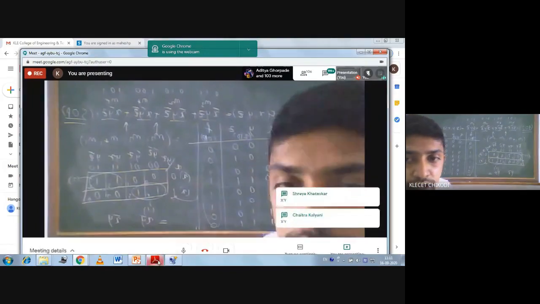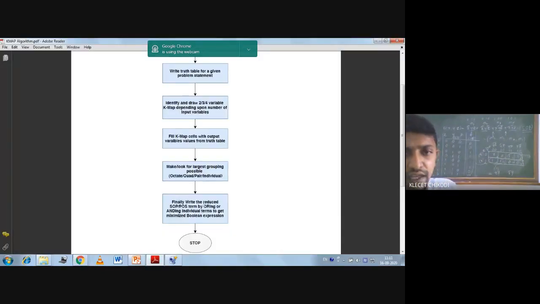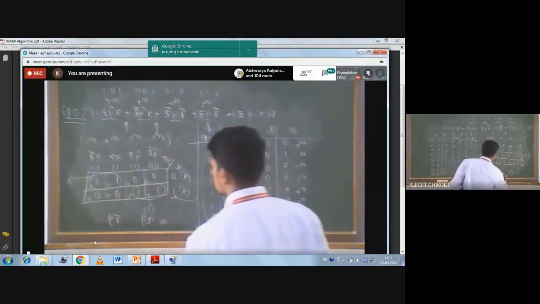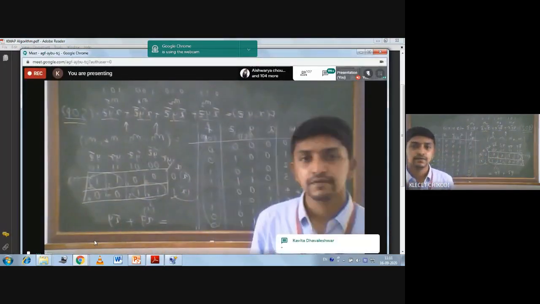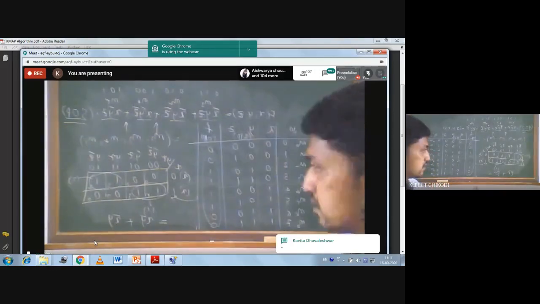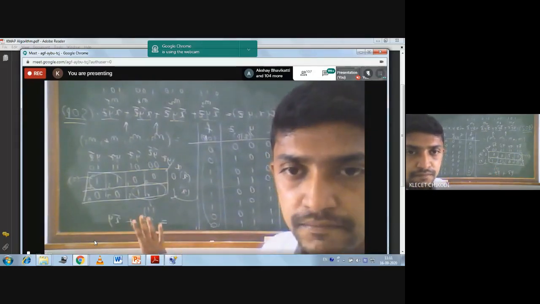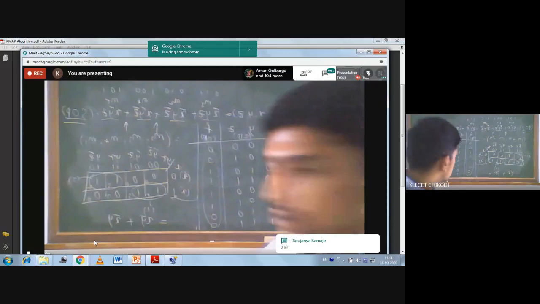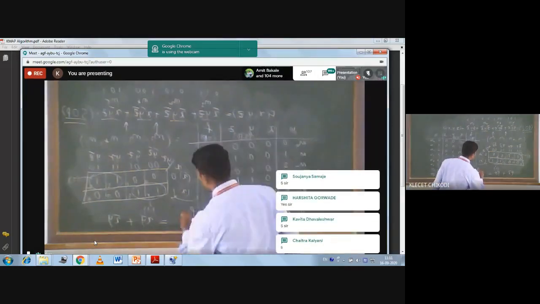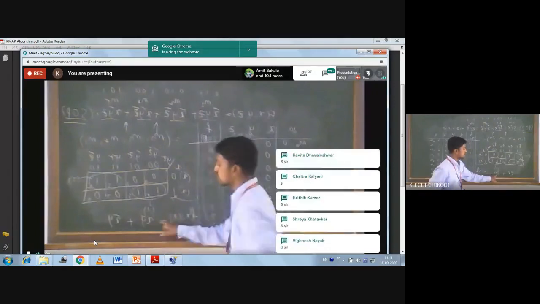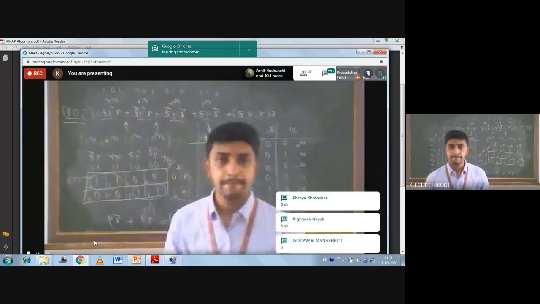So in the last step, finally, write the reduced SOP term or POS term. If it is SOP, we have to OR those. OR means we have to use the plus symbol here. Okay, use the plus symbol here. Fine. Is it clear? Is it clear till now? So if you want, you can take it as f of X, Y, Z is equal to X Y bar plus X bar Y.